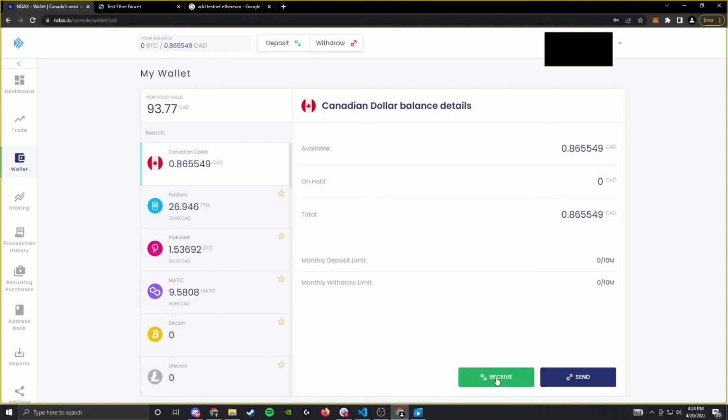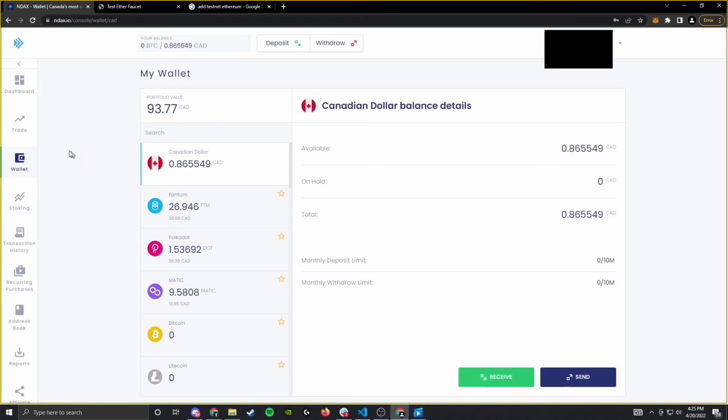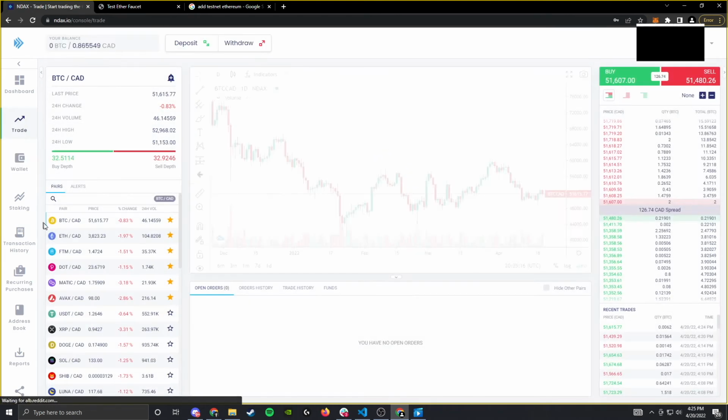So we would just receive the balance and then just choose Interac e-transfer or whatever your preference is. Personally, I use e-transfer, and then just follow the steps for the e-transfer and just transfer some balance into the account. It might take maybe up to 15-20 minutes for the Canadian dollar, the fiat currency, to actually reach the account. And then once it's reached the account, we can go to trading and we can